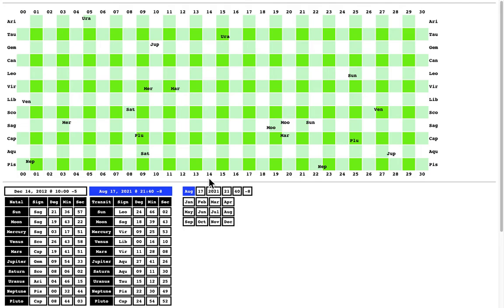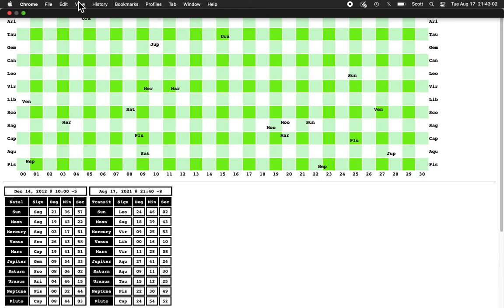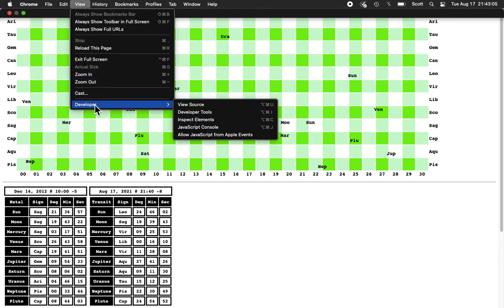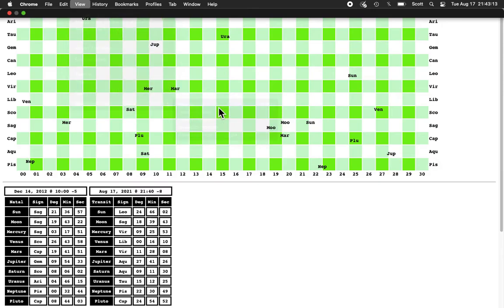So this is astrology for astronomers, as if they'd care. But I'm going to try it anyway. So behind the scenes, this has got all the mathematics that they use at NASA. So if we look at the source,